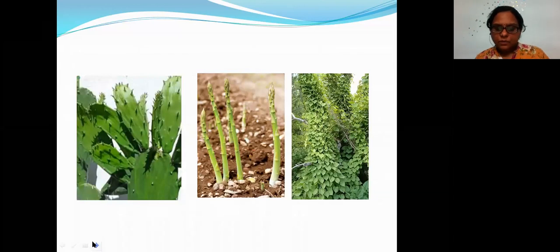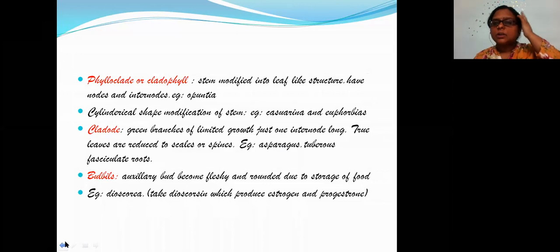Casuarina, no, I have not taken Casuarina. Casuarina, you know, students, that it's a nitrogen fixer. Okay, it fixes nitrogen in the root nodules, Casuarina. Okay, so you can see that its stem has modified itself into the leaf, that too in a cylindrical shape. Okay, so Casuarina and Euphorbia. Okay, next you have the cladode,